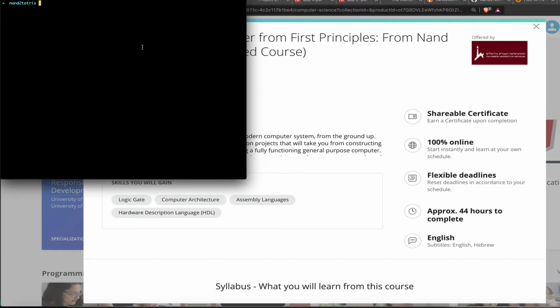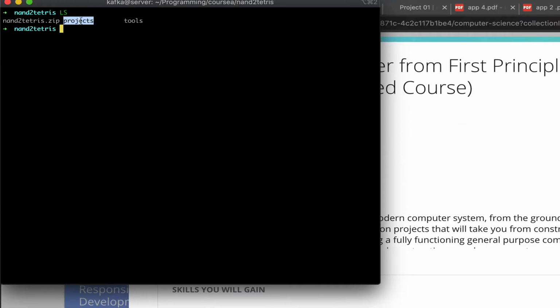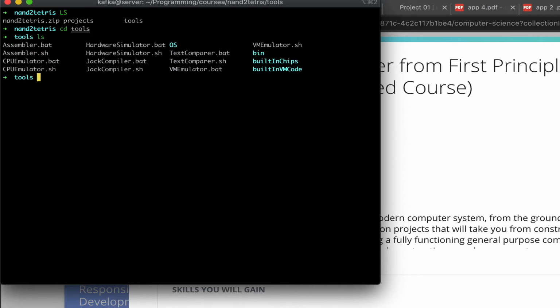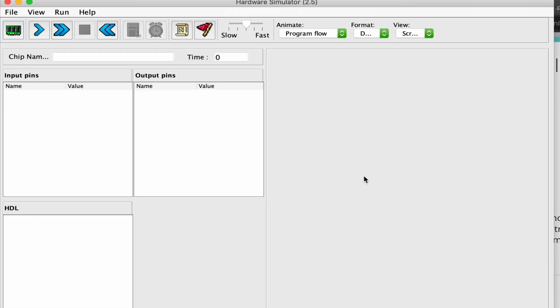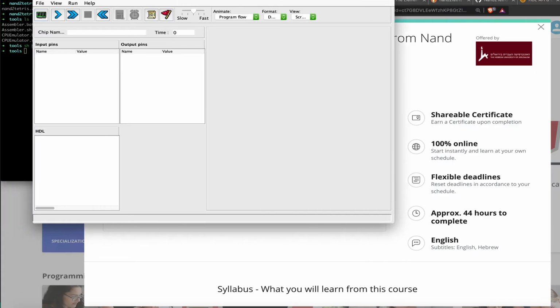If you're on a Mac, I want to show you how to get started running the hardware simulator, as it's called. So what we need to do is, we're in the project directory now. See, we have the unzipped project here, projects and tools. I'm going to cd over to tools using the terminal. And then you see the script file right here. We're going to run that. So we're going to sh hardware.sh, then run. And then it's going to open up our simulator like that,